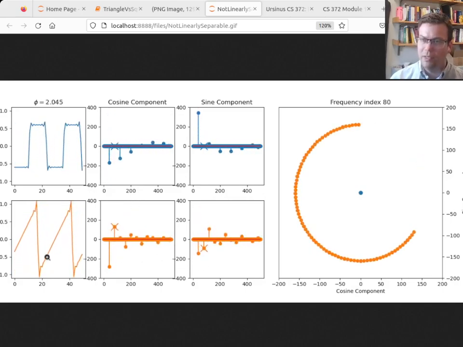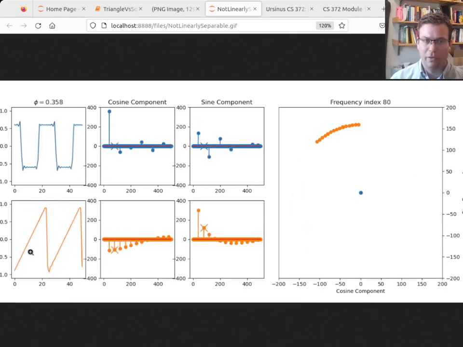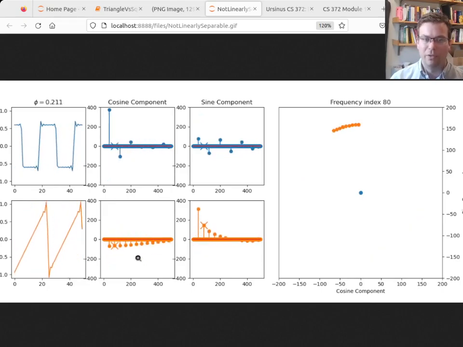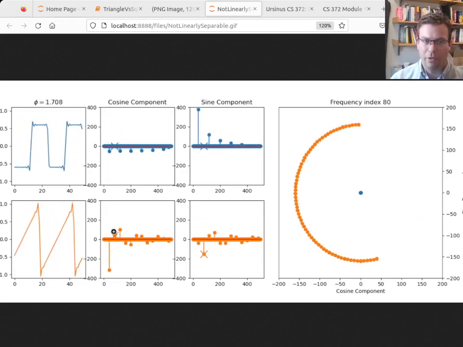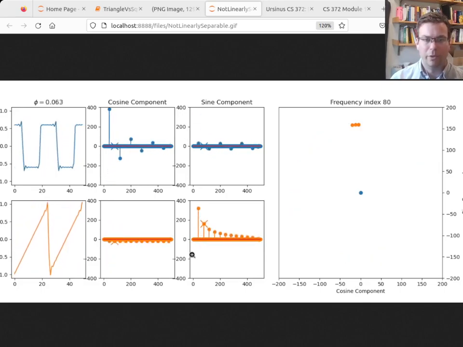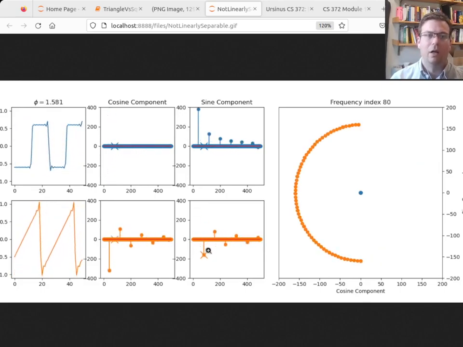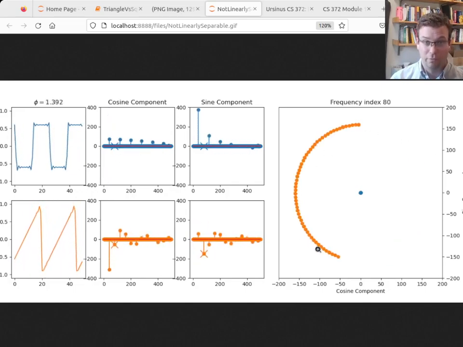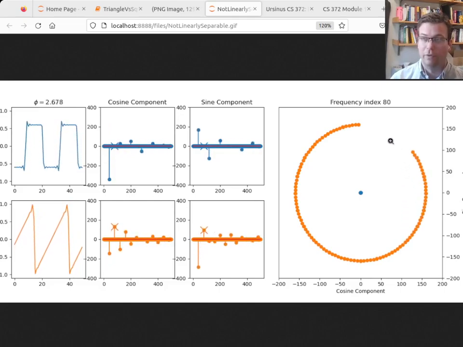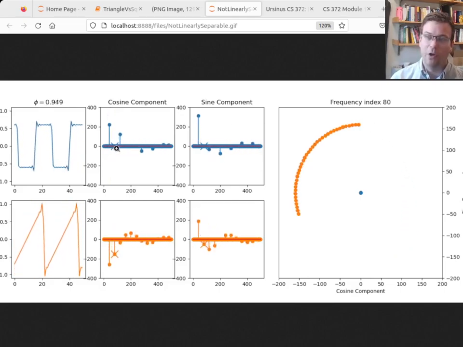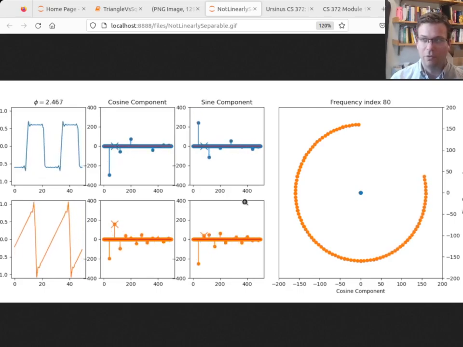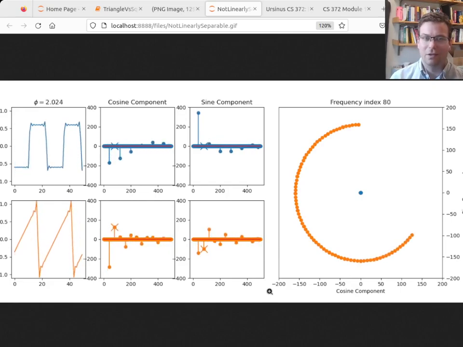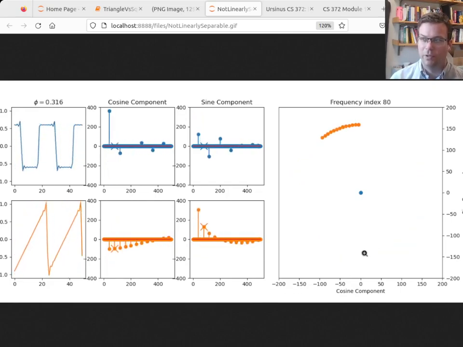And so what we see is as I vary the phase, as I phase shift each of these, these two dimensions together, the cosine component of the discrete Fourier transform and the sine component of the discrete Fourier transform at the first harmonic frequency, those are going to trace out a circle for the Sawtooth wave. But for the square wave, there is none of that harmonic. So it's going to be 0 the whole time. And so it's hard to know what to do with this particular dimension,